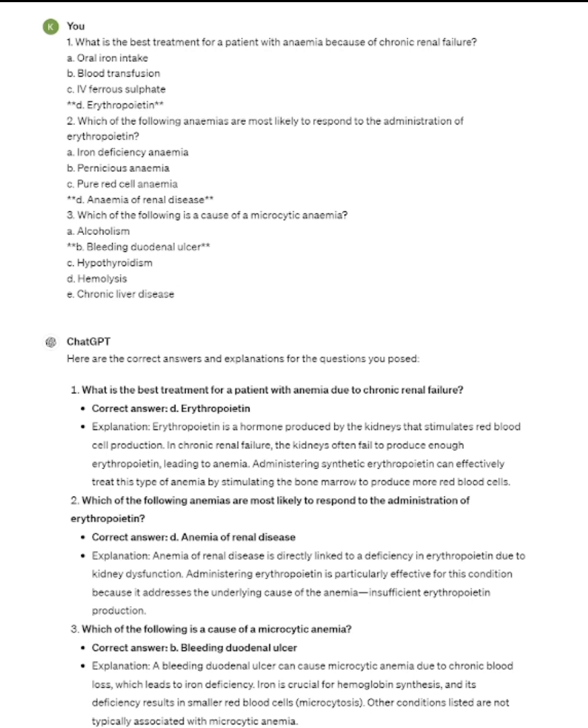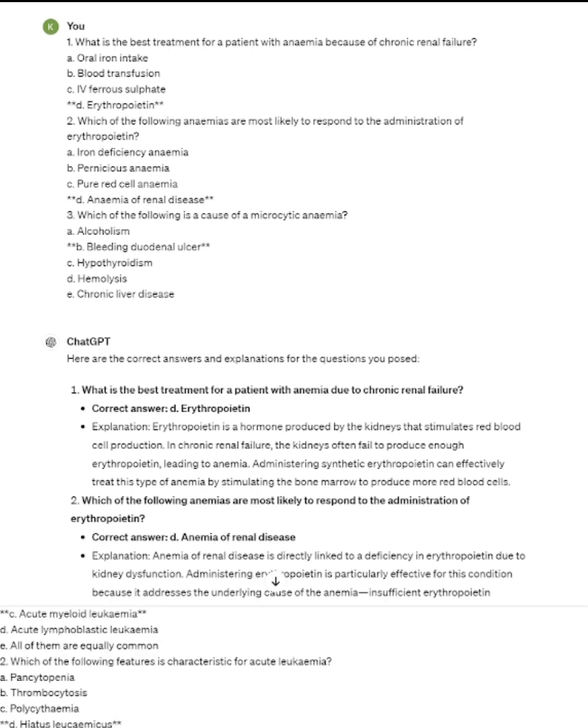Here are the correct answers and explanations for the questions you posed. 1. What is the best treatment for a patient with anemia due to chronic renal failure? Correct answer, D. Erythropoietin. Explanation. Erythropoietin is a hormone produced by the kidneys that stimulates red blood cell production. In chronic renal failure, the kidneys often fail to produce enough erythropoietin, leading to anemia. Administering synthetic erythropoietin can effectively treat this type of anemia by stimulating the bone marrow to produce more red blood